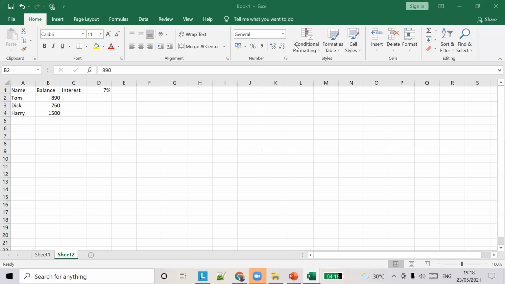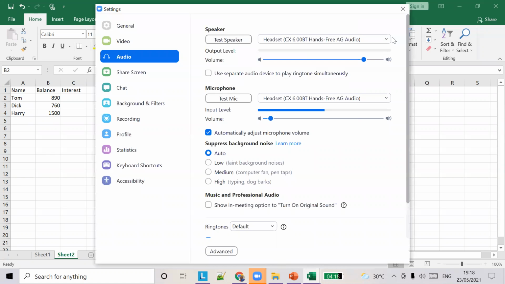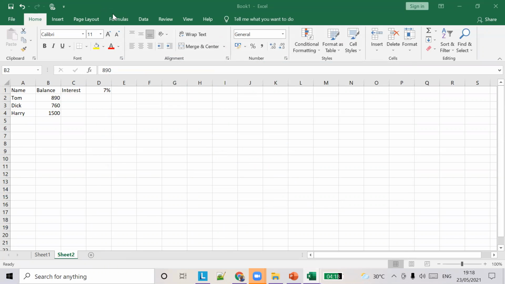So Angavin, you can check the audio settings here. You can test the speaker and mic, all these things here. Go to mute this thing and go to audio settings. You can try it here. Maybe you can check that.